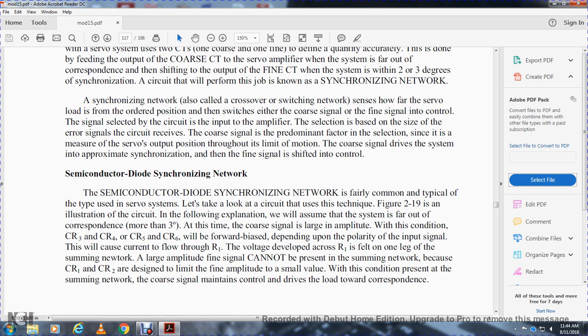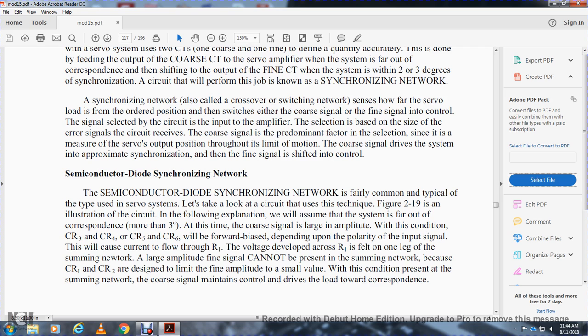Semiconductor diode synchronizing network. The semiconductor diode synchronizing network is fairly common and typical of this type of servo system. Let's take a look at the circuit shown in figure 2-19. In the following explanation, assume the system is far out of correspondence, more than 30 degrees, at the time of the corresponding signal with a larger amplitude. Under this condition, control rectifiers 3, 4, 5, and 6